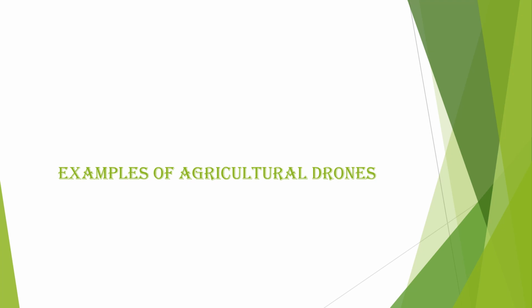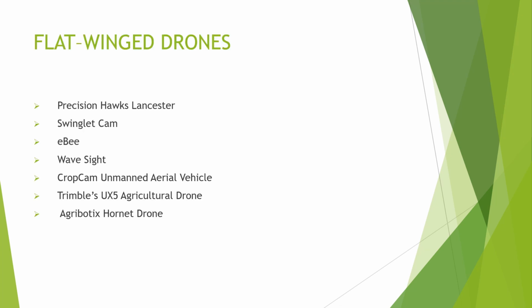So in the last video, we saw about the classification of drones. Now let us discuss a few examples of how agriculture drones are used. Based on agriculture use, drones are classified into flat wing drones, rotary wing drones, and the parachute and balloon drones. So when we talk about the first drone, the Precision Hawk Lancaster, this drone actually is